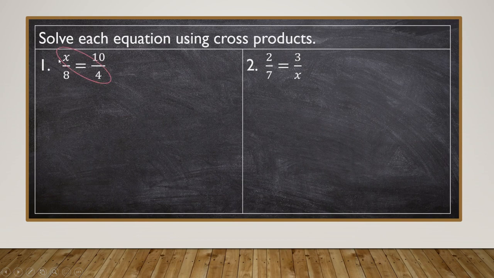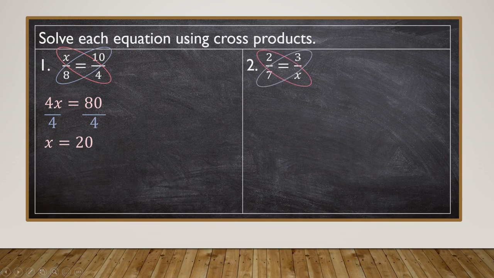So 4 times x gives us 4x, and then we would set that equal to 8 times 10 to get 80. And then to solve this equation for x, I would divide both sides by 4, and we get x equals 20. In number 2, our cross products would be 2 times x